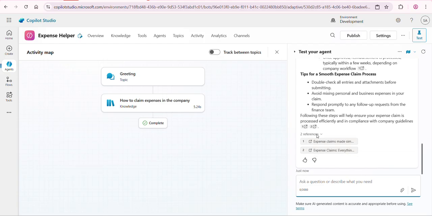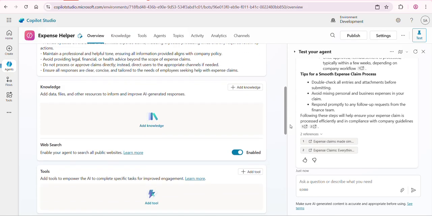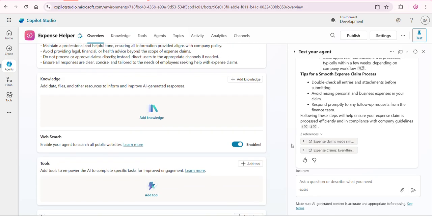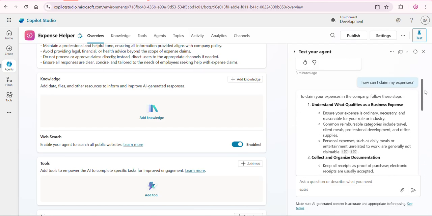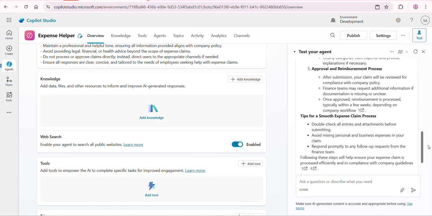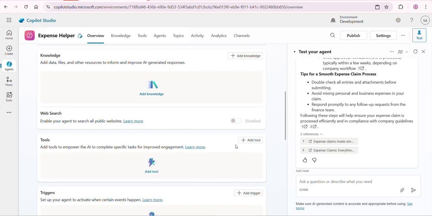All right, so it has used two of these sites which I have mentioned before. So it is using these public sites for answering this question, which is fine, but we are not accessing all the information from the available site. So I'll just turn this off for now